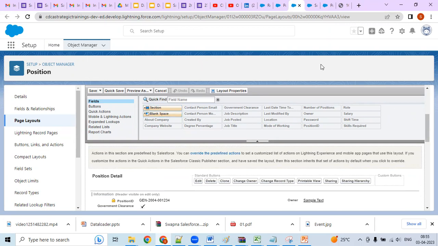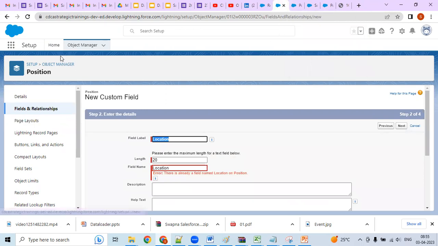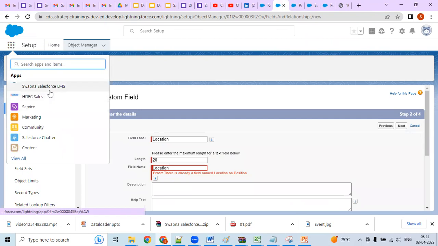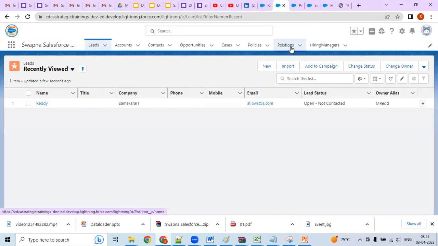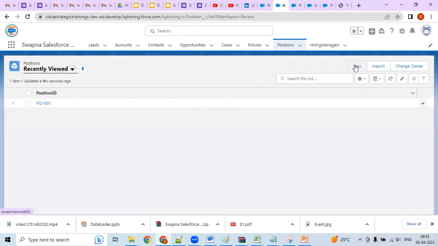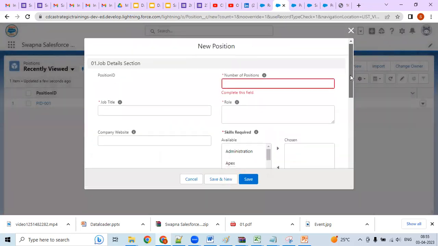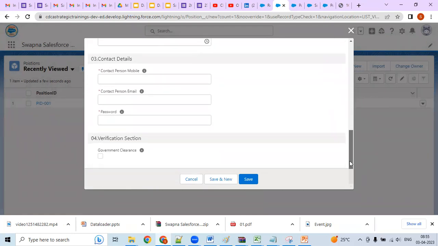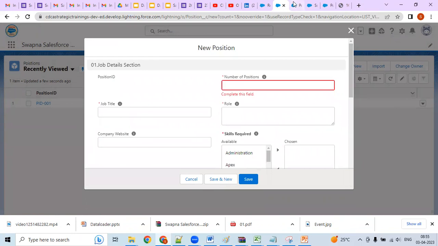Let us go to lightning and check what is happening. Go to application. In which application are these positions available? Click on new. It is showing here, right? When you go to that page layout here,